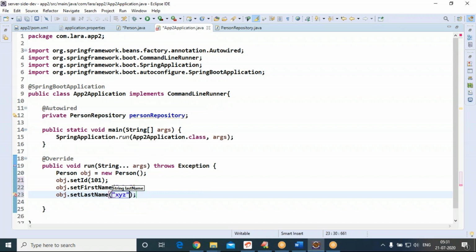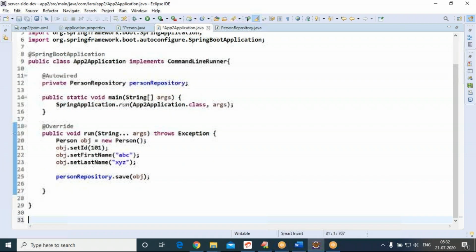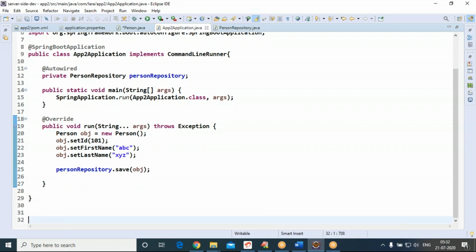The person object is ready. Try using the person repository save method. While saving the person object through the repository, it will be inserted into the database. We store data in the person object and save that person object through person repository.